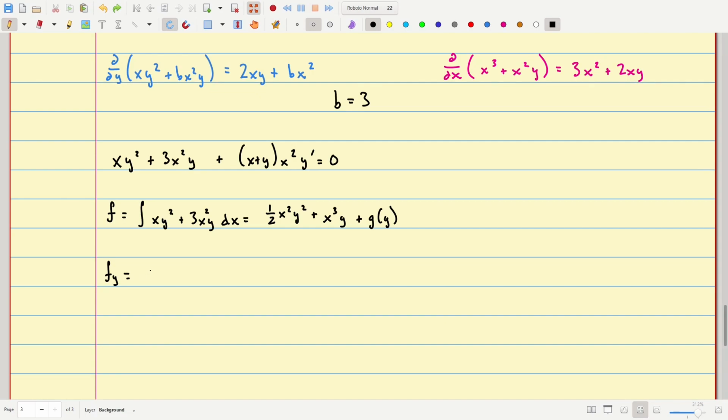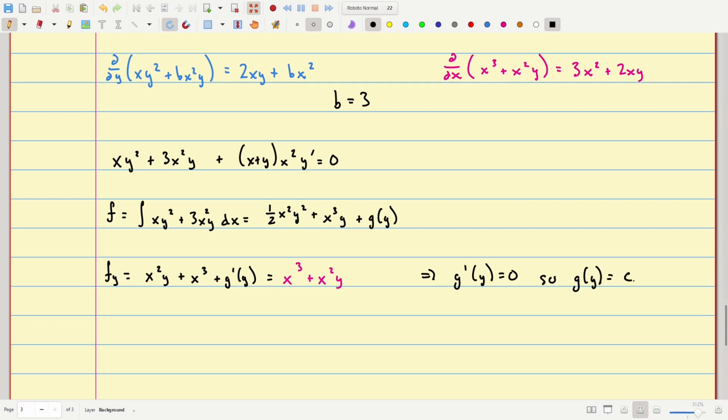And so let's compute that, see what it looks like. If we differentiate with respect to y, reduce the power, we'll bring the power out front, and then reduce the power by 1, so the 2 times 1/2 divides out. And then we're left with plus x cubed here, and then plus g prime of y, and this has to be equal to this expression. We see that these two terms match up, so that implies that g prime is 0,